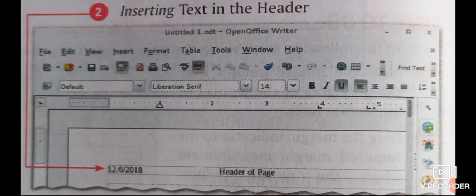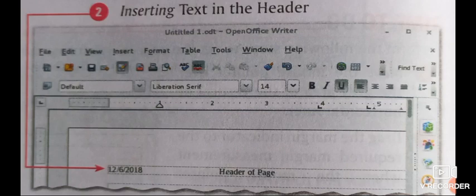Now whatever text or information we want to use in the header, we type in this header section and it will be used as a header.